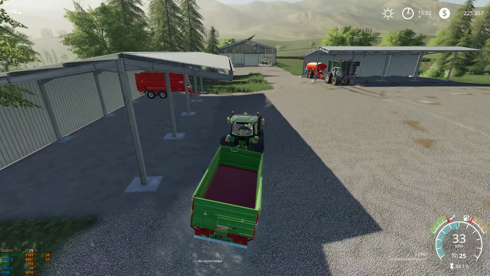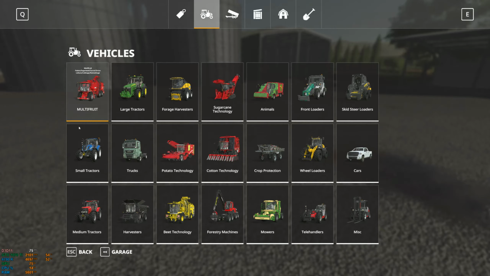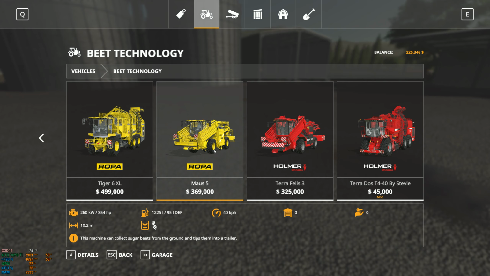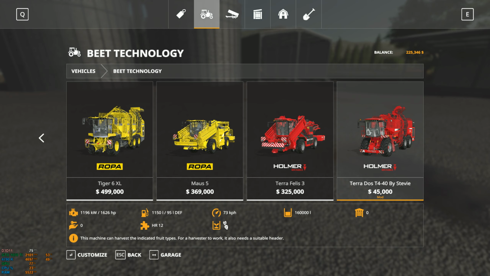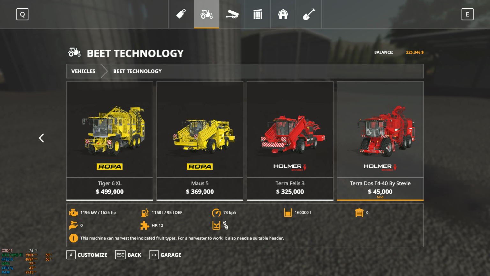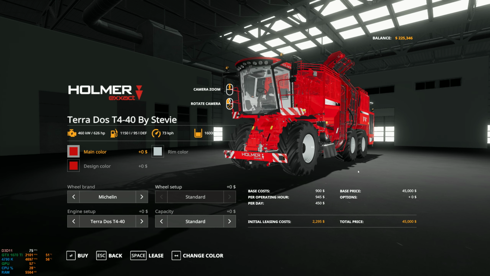Okay, so let's jump out of this. Whoops. And we'll visit the shop, and I have lined up a, where is it now? I think it's in the Beat Technology under a mod. No, is it? No, it can't be. Yeah, it says it does carrots. This is the one that I actually tried to use, I believe, and it would not harvest them. Oh, there's the mod I was looking for. This one does carrots. So if I purchase this,